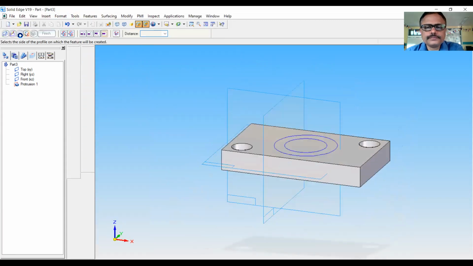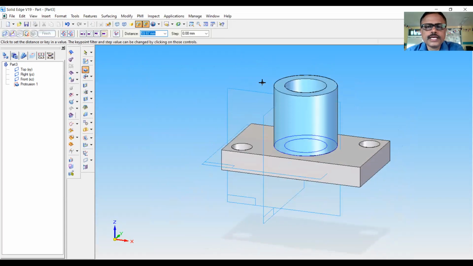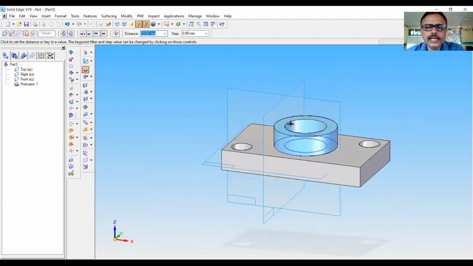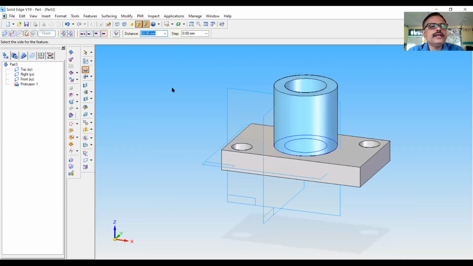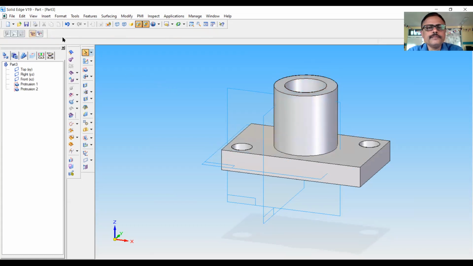Now return. This height is 60 mm. You can see the solid part is created in a plane which is perpendicular to the sketching plane. This is 60. Enter 60. Then click finish and cancel.